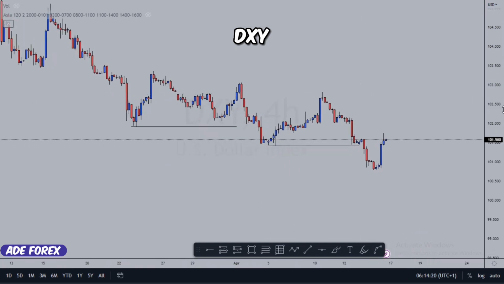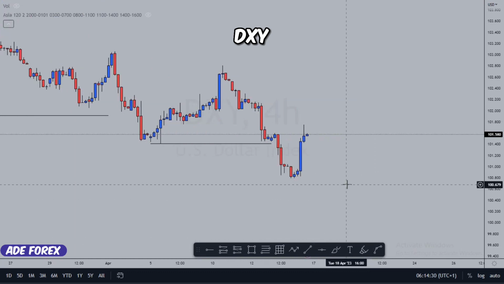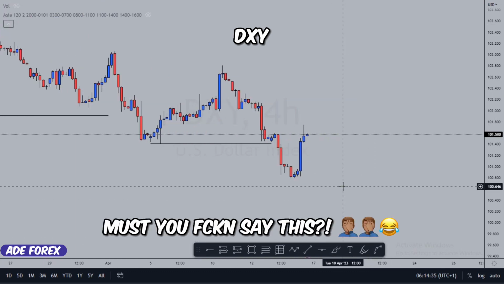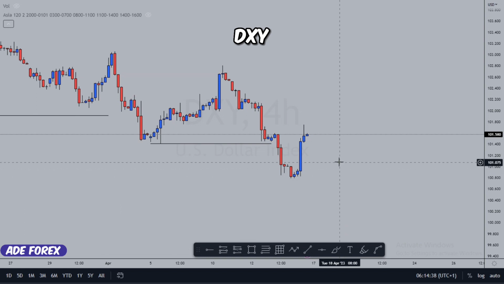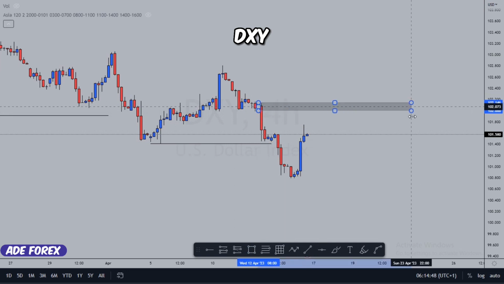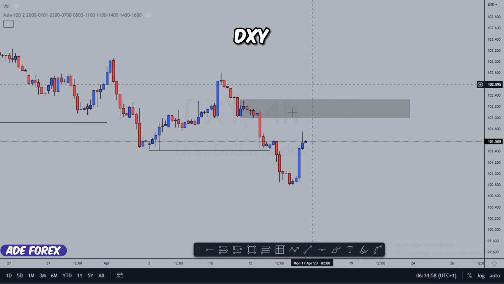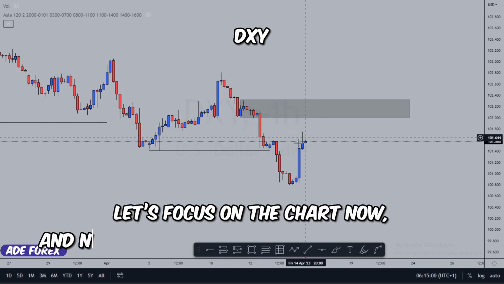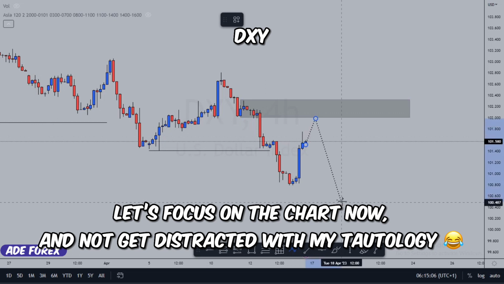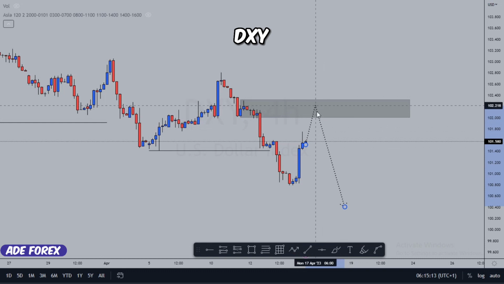So what am I expecting in the coming week? As we've always been doing, we're going to relate the traders that do not trade the ICT concept with the ICT concept. Looking at it from the ICT view, we can see that there's an imbalance right here, and this is an order block. Well, you can call it your supply zone, but I'm just trying to relate with everyone. The market might eventually come to mitigate the imbalance and then tank. But sometimes we see the market not tapping into this order block or supply zone, just mitigating the imbalance alone and then tanking.